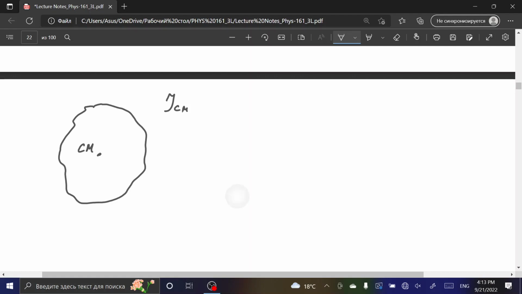Then we want to get the value for the moment of inertia with respect to some point P. And we definitely don't want to calculate it from scratch because it will take a lot of effort. So here is some distance d between these 2 points, and according to the theorem of parallel axis,